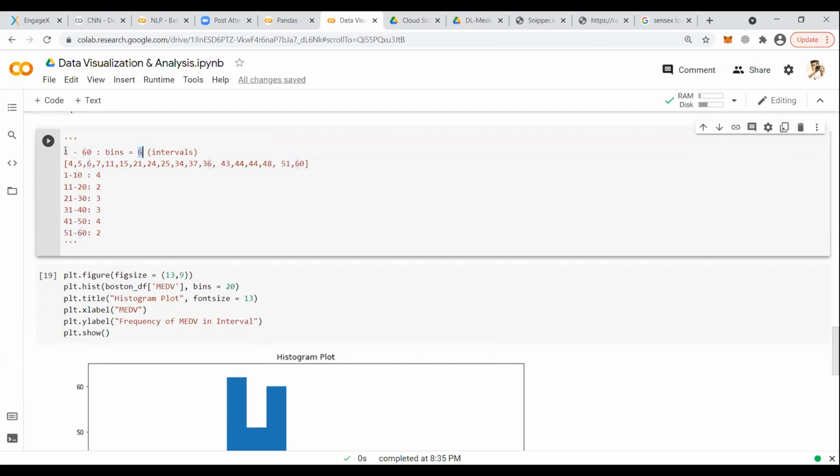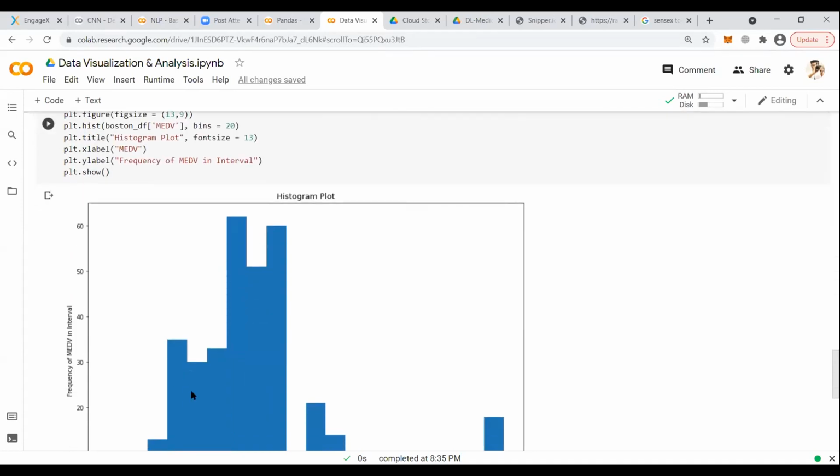And that many intervals will be generated as per the values which are there. So we have values from 4 to 60, and we have 6 intervals: 1 to 10, 11 to 20, 21 to 30, 31 to 40, 41 to 50, and 51 to 60. That is one part which is merged here on the x-axis.